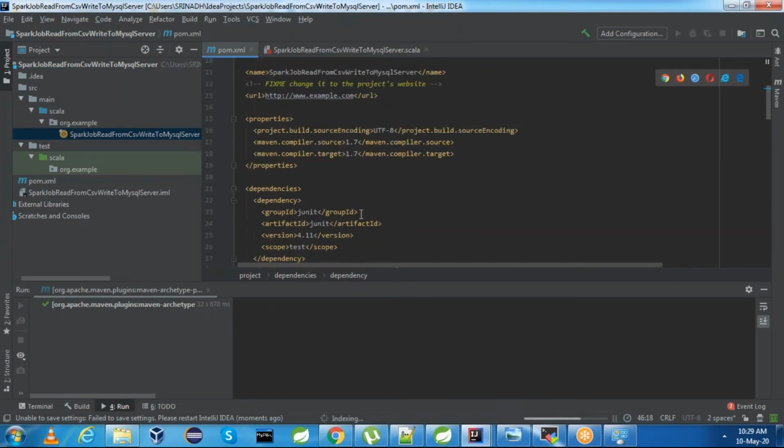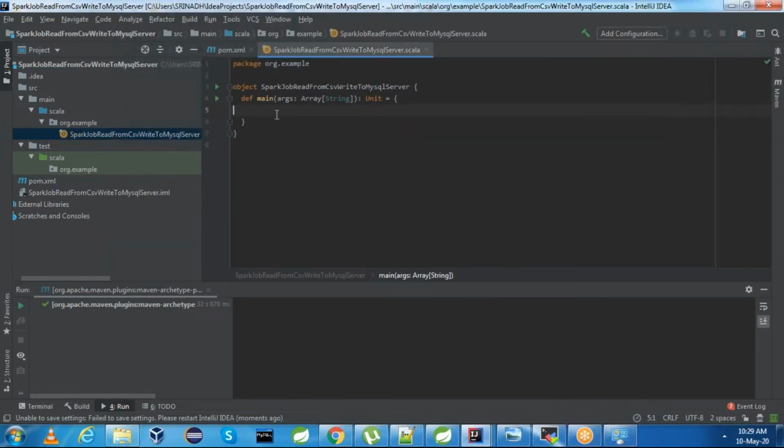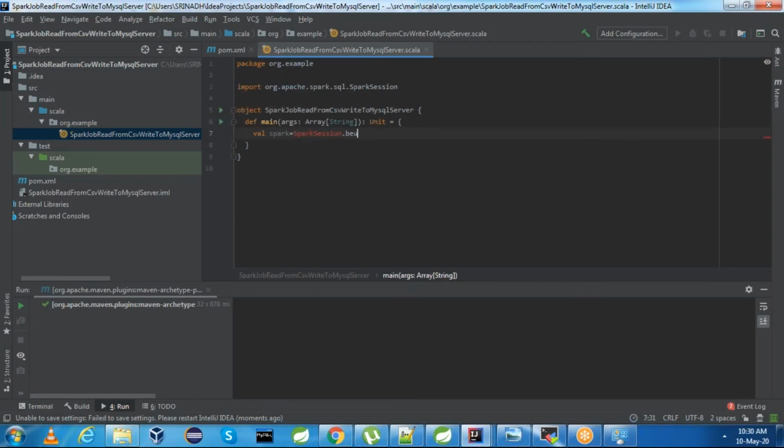Once we have the dependencies, go back to your Scala object and start creating the Spark session. Val spark equal to SparkSession dot builder dot master.